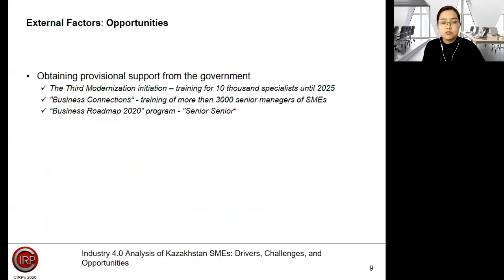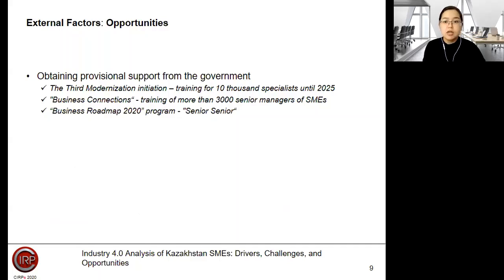So, reaching the external factors, opportunities. First, governmental support can be discussed, which includes financial and tax incentives, and contributes decisively towards Industry 4.0 adoption among SMEs, and therefore can be considered one of the driving factors. And providing some examples, first, the CIRPe modernization initiation